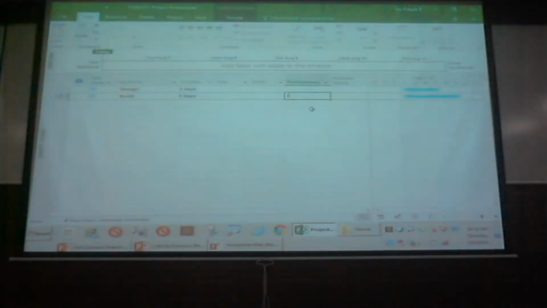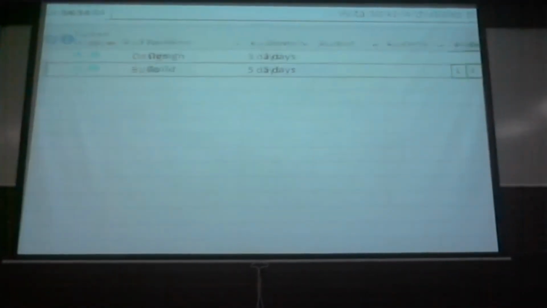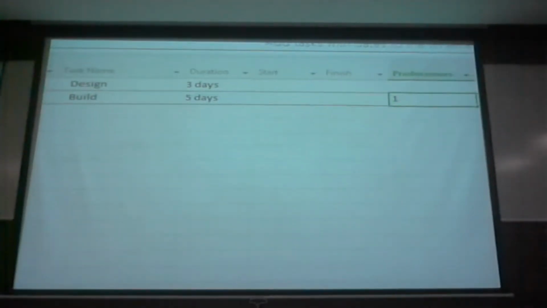So I'm going to say after the first task, design, my next activity, build, will start. And that's how I've set the dependency of 2 to 1. Now you do notice the dependencies are respected. The dates are automatically getting changed. Did everybody see this? Sorry about the small font. If you can't see it, I can just zoom it so that you can read it out.